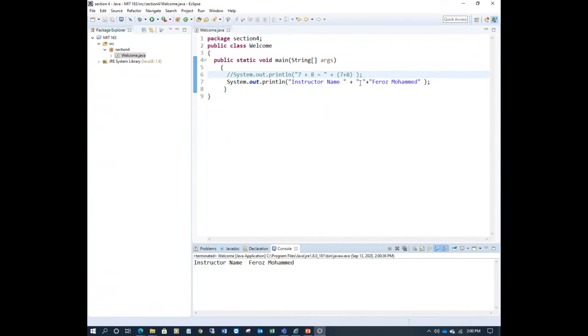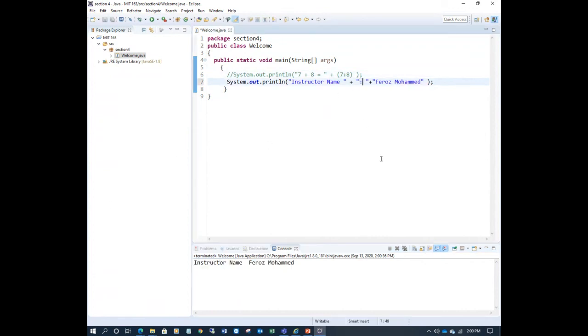If you want to give some more space or something, you want to add some colon here, see, I can add some separator, like this, save it and run it. Now instructor name Feroz looks better, right? So this is how you design the output, how you display the message, right? So that's your chapter 2. And some of the basics from chapter 3 we also cover here to learn in the theoretical part.